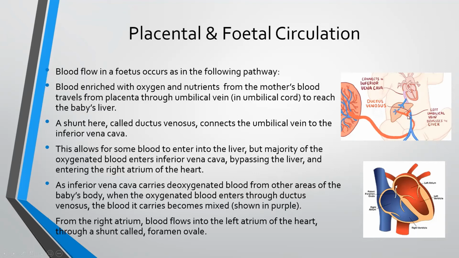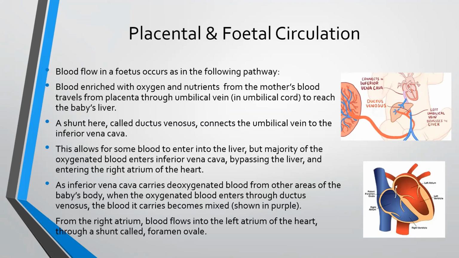The ductus venosus also allows for some blood to enter into the liver, and this blood becomes deoxygenated and re-enters into the inferior vena cava as well to enter into the right atrium of the